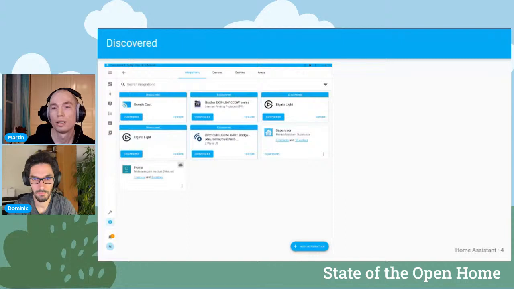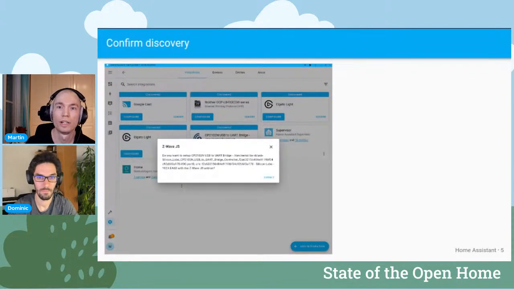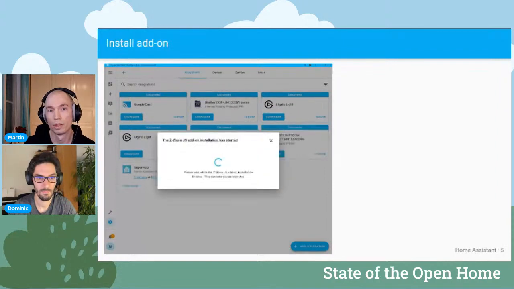So now you can see that the discovered card for Z-Wave JS has showed up in the integrations page for the controller we plugged in. And I can click on configure and then confirm that I want to set up the Z-Wave JS integration with this controller. So now in the background, the integration will install and configure the official Z-Wave JS add-on that will